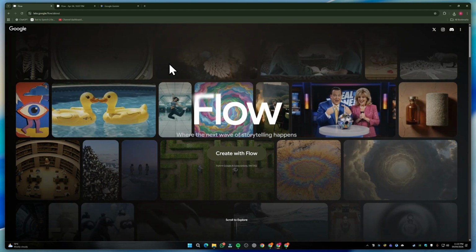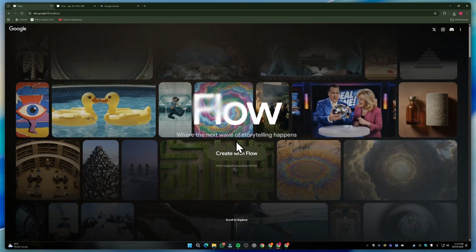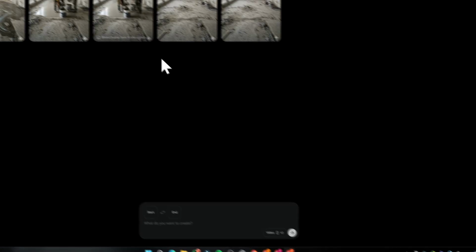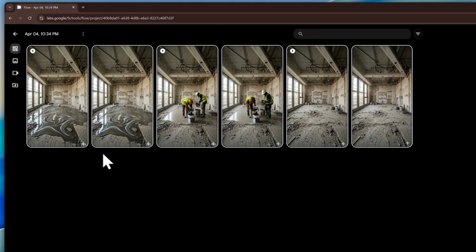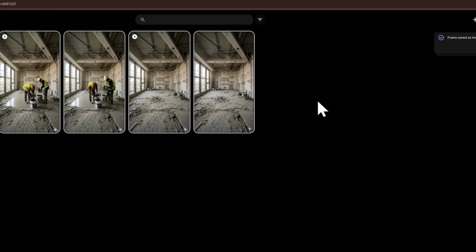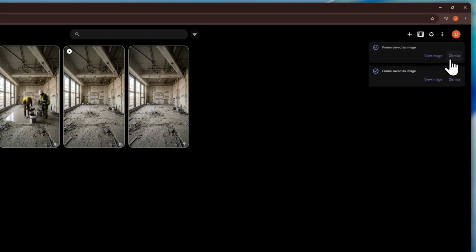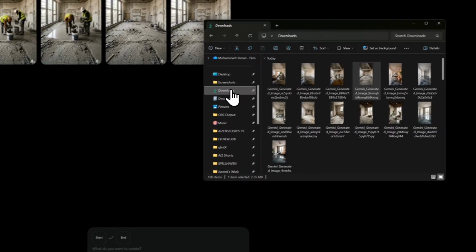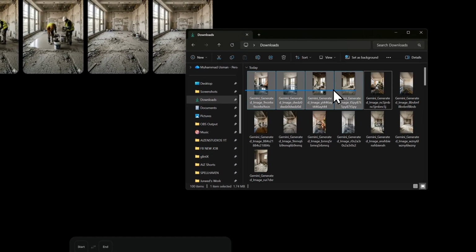So for that, we're going to go to Google Flow, and we're going to go to Google VEO3 inside of Google Flow, just like that. And as you can see right over here, I have already created some of the results. I was testing it out, and after testing many generations, this is the best method I came up with. So first of all, I'm going to start by uploading the 4 images that I